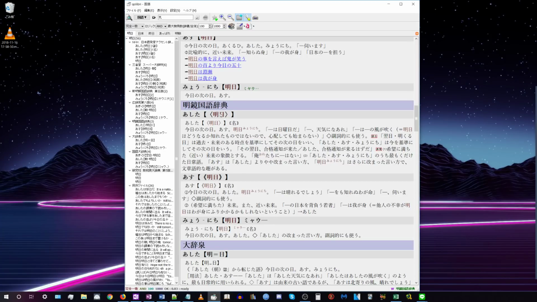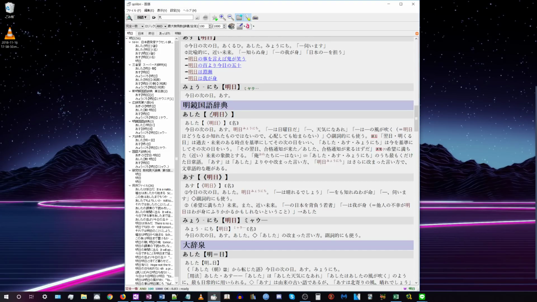Now, if we scroll down to Meikyo, we'll see that the word is in these kind of pointy brackets. What this means is that the kanji doesn't really correlate to the reading. It's called jukujikun in Japanese, and it means that basically people took some kanji and they just slapped a random reading on top of the kanji compound that has nothing to do with the onyomi or kunyomi of the original kanji. So you can do this in Japanese. You can literally just make up new kanji readings whenever you feel like it, and that happens a lot.